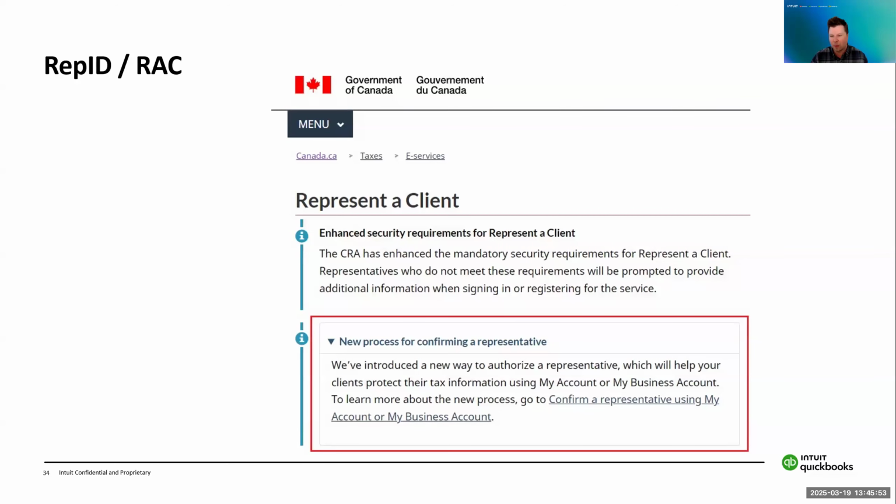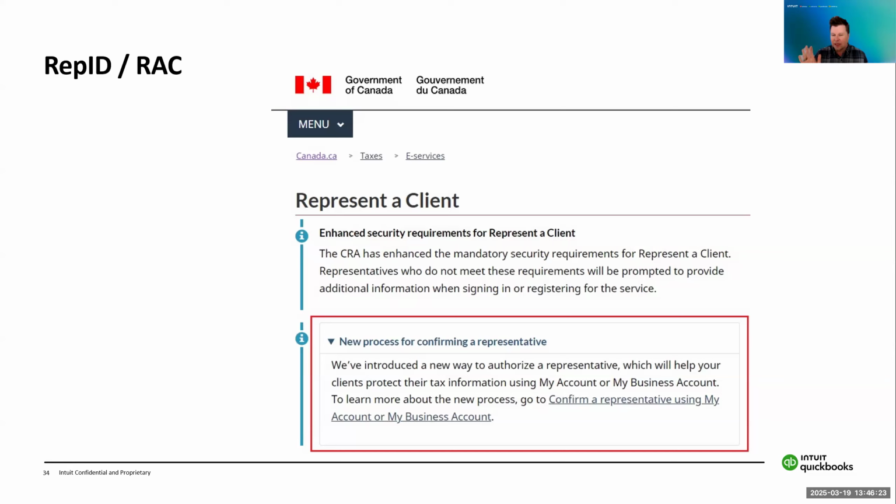Become a representative. You also have to get your client's authorization for each client that you're becoming a representative for. So it differs a little bit when you're an e-filer. As long as you get your client to sign a T183 form before you e-file their tax return, that's all you need to do with your client to be able to electronically file their tax return with their permission.